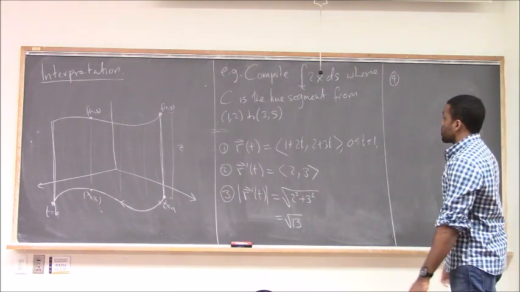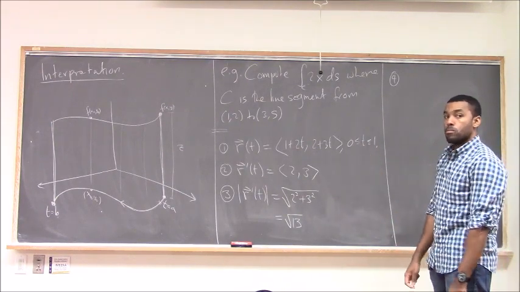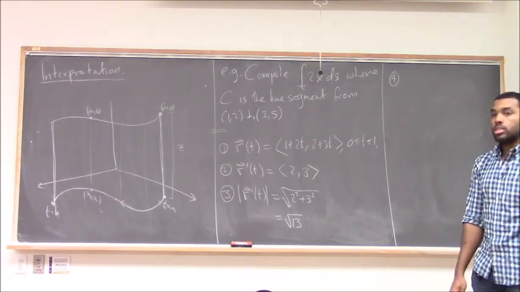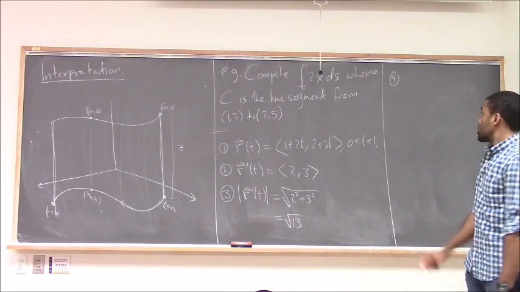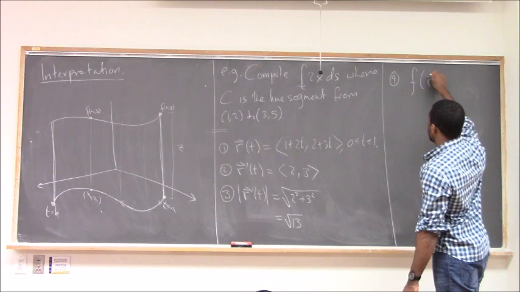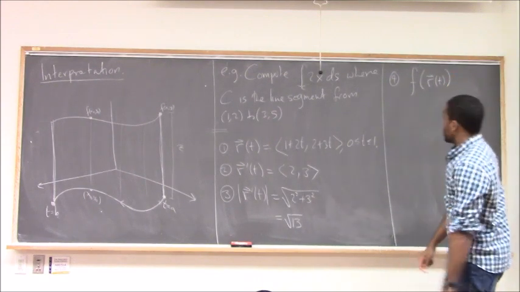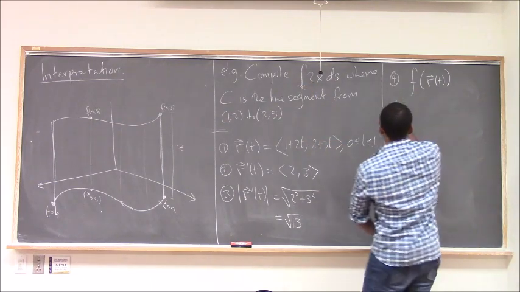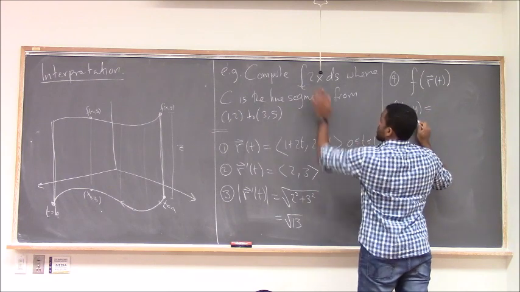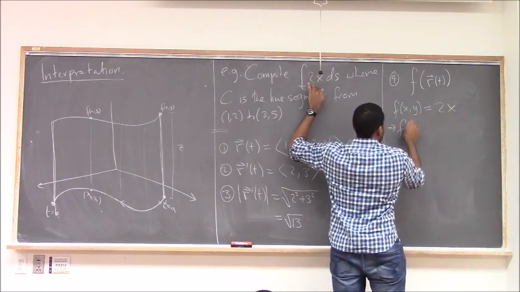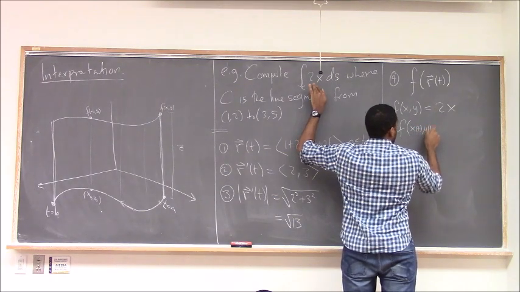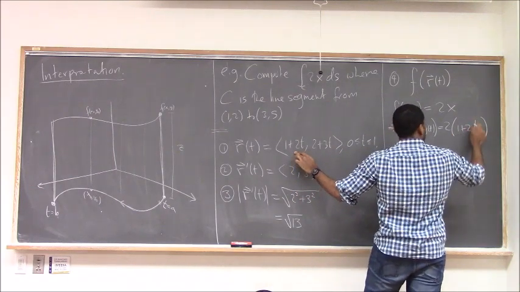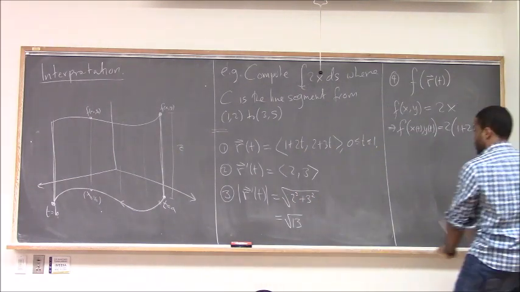Our limits, our bounds: we know the limits, 0 to 1. What do we integrate? We integrate f of the parametrization. Meaning, I'm going to plug in this for x and this for y in the given function. Here my f of x, y is 2x. I need to find my f of x of t comma y of t. So that's just going to be 2 times whatever my x value was, which here is going to be 1 plus 2t. And so this means,